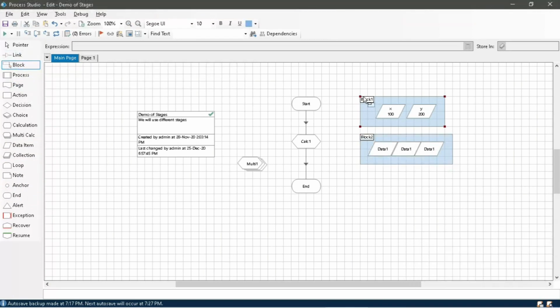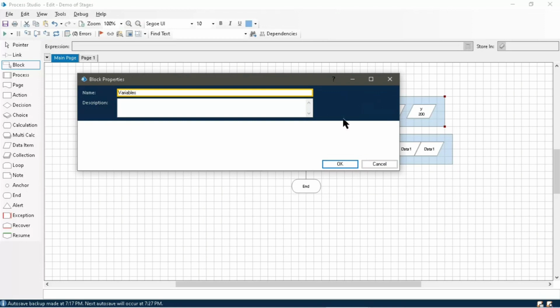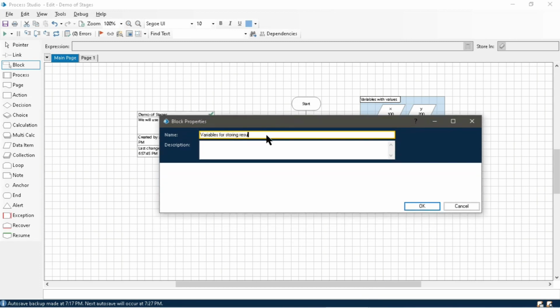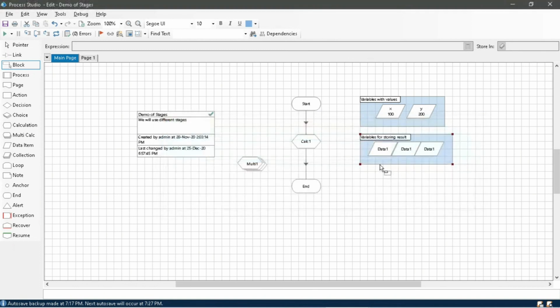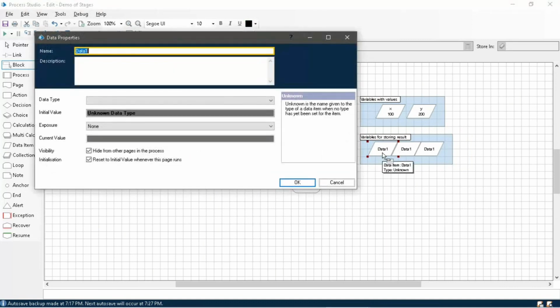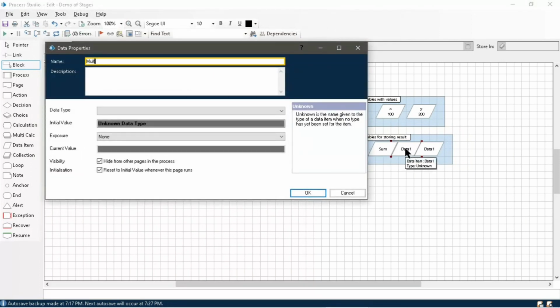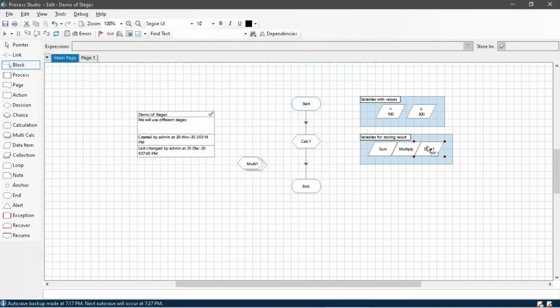I have taken 3 data items for storing the result, and I have created one more block. Let me rename this. So this is how we can categorize our data items in different blocks. The first two data items are variables with values, and in the next block there are variables for storing the result.